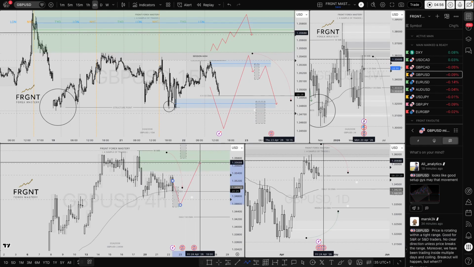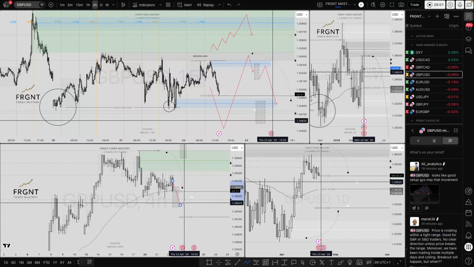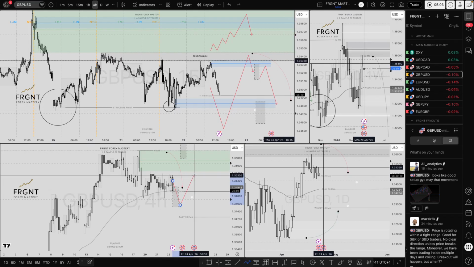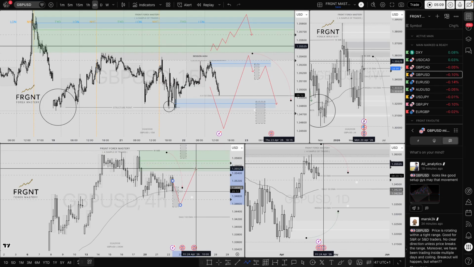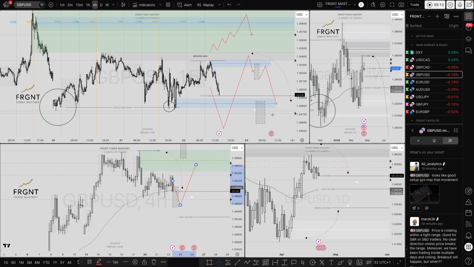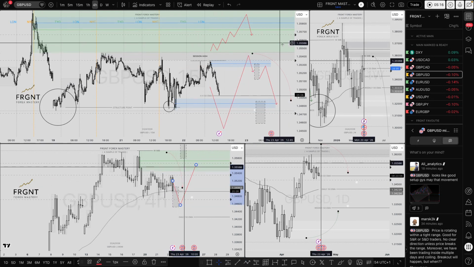It may not be today, it may not be tomorrow, but when it does, I'll have the confirmation by way of that lower low created on the 4-hour time frame. No longer trading, in my opinion, by way of reversal, and I would just be within the midst of a nice 4-hour position. So very much so waiting for that break and pullback.